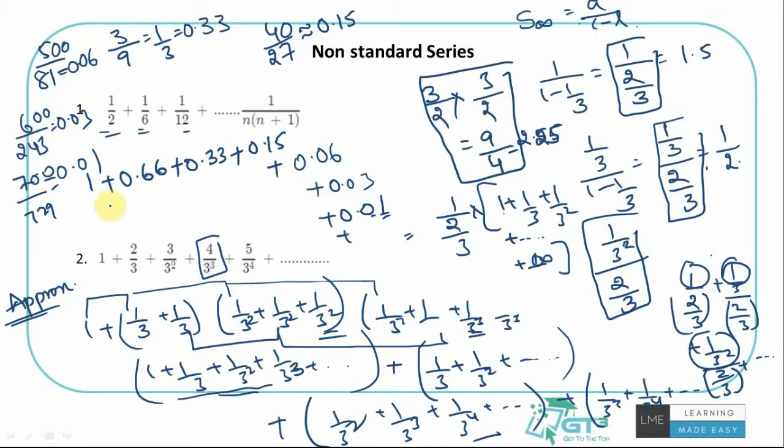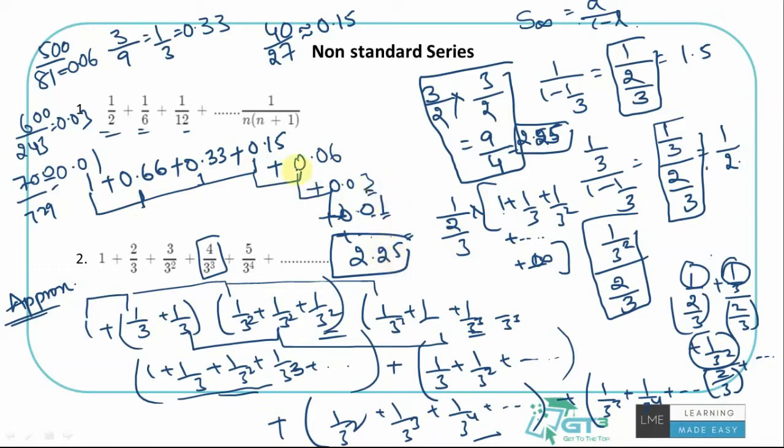What is the sum of this? 1 plus 0.66 is 1.66, plus 0.33 is 2, then 2.15, 2.21, 2.24, 2.25. And then something should be something like this, right? You see, this is the right answer, right? Just do it for the first 5-6 terms. Beyond this, even if I have approximated, that's why we got 2.25 just for the first 6